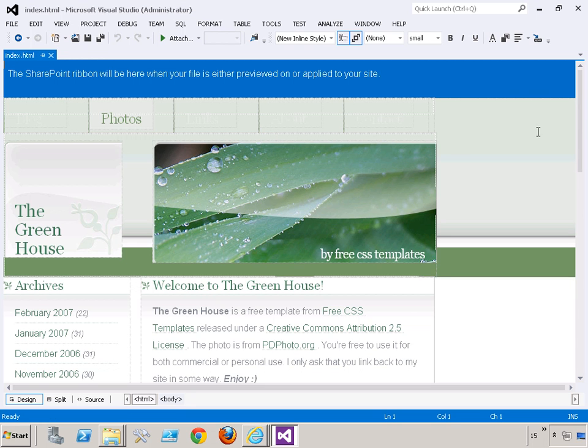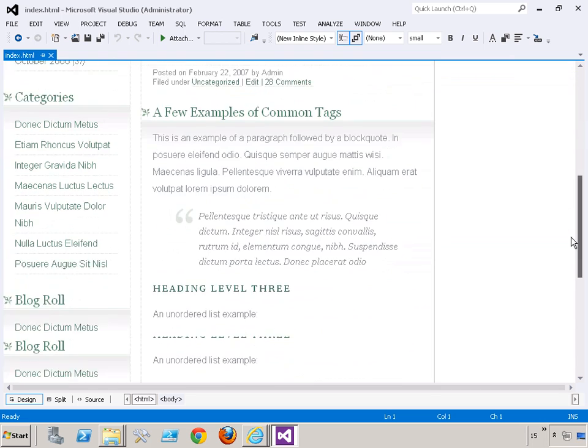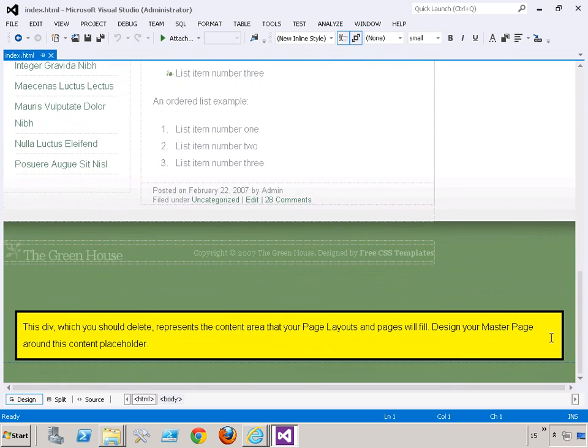All right, so if I scroll down, I can see that at the bottom I've got this note that says this div, which you should delete, represents the content area that your page layouts and pages will fill. Design your master page around this content placeholder. So what I want to do is take this and move this placeholder to the spot where my main body is going to go, right? So I'm going to switch to split view